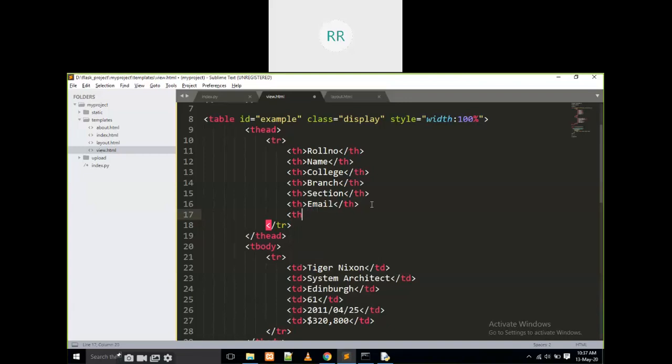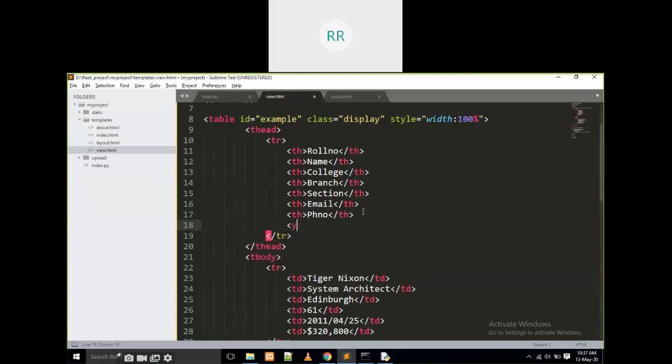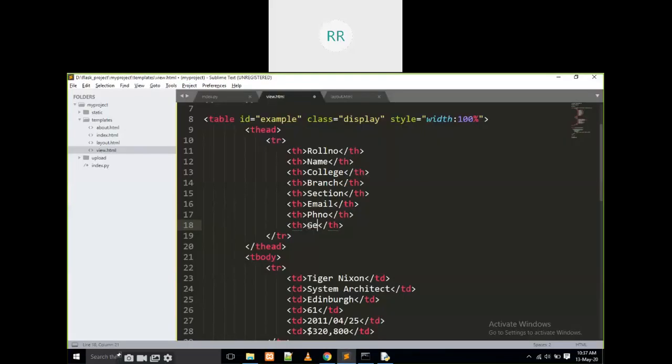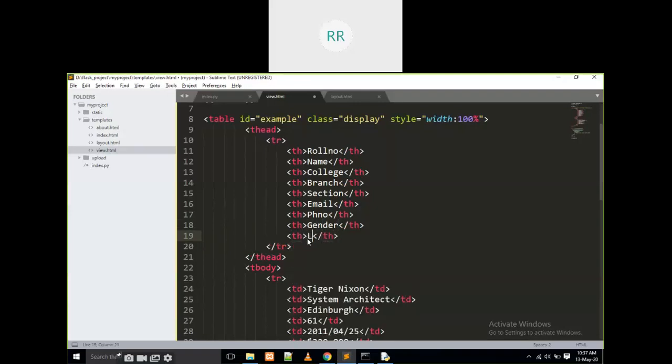The next one is phone number. Th open, th close. After this, phone number, then gender, and after that, languages. Like this, we have to write all our column names.